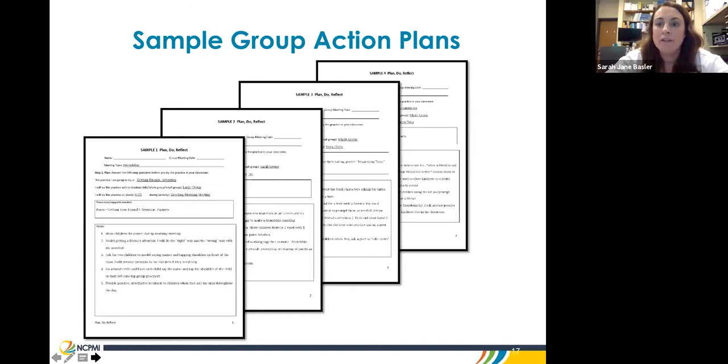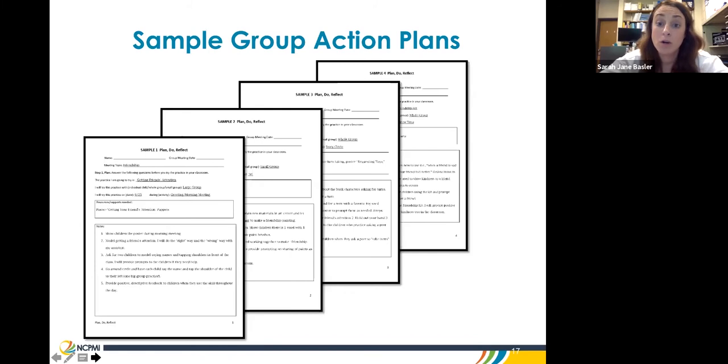Often we created the sample plans around materials that we provided them during groups. So if we provided a friendship kit, we might have a sample action plan on implementing the friendship kit or teaching the friendship kit in your class.